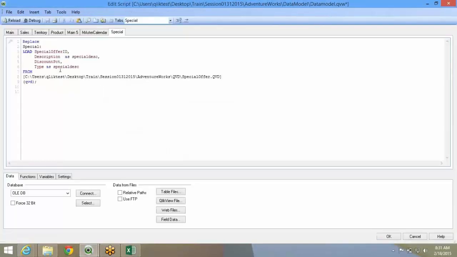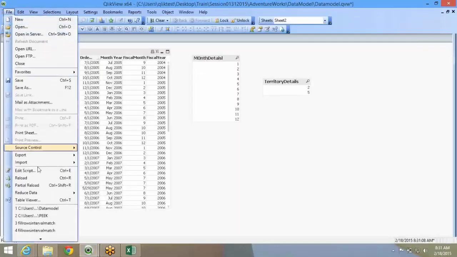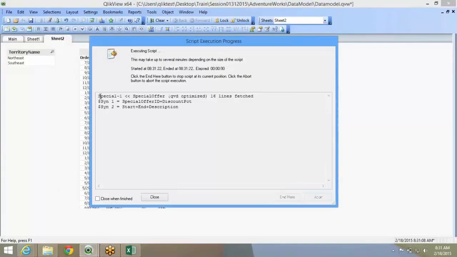What's wrong with this? Go ahead and do a partial reload. So 16 records, it's done.